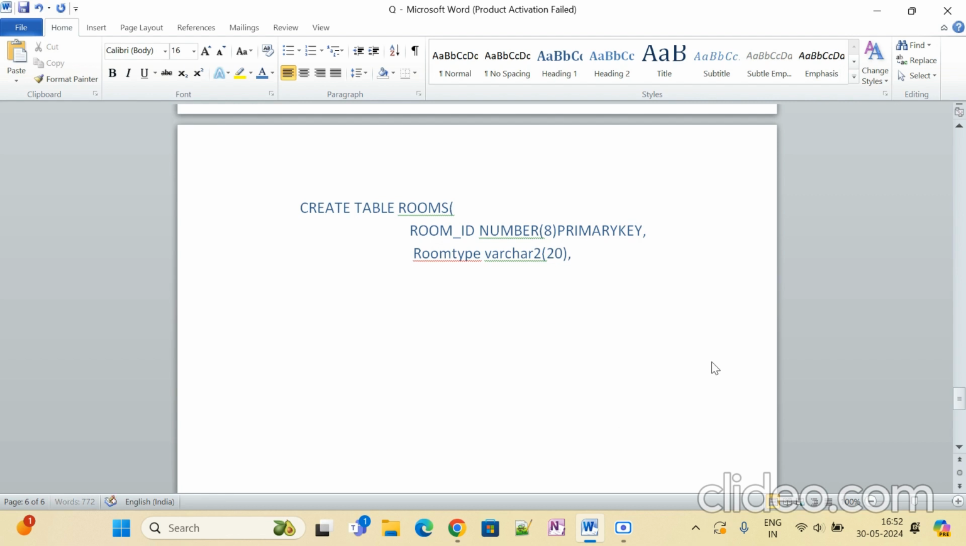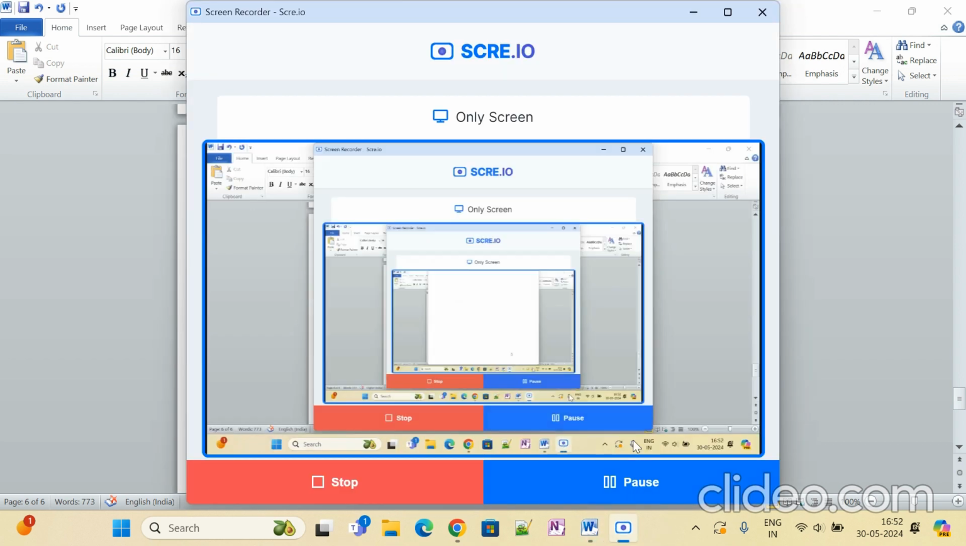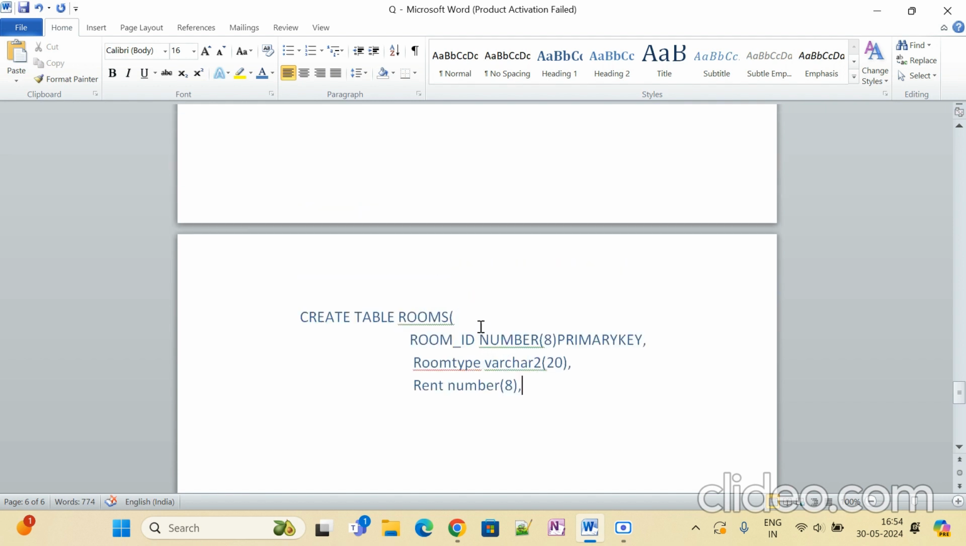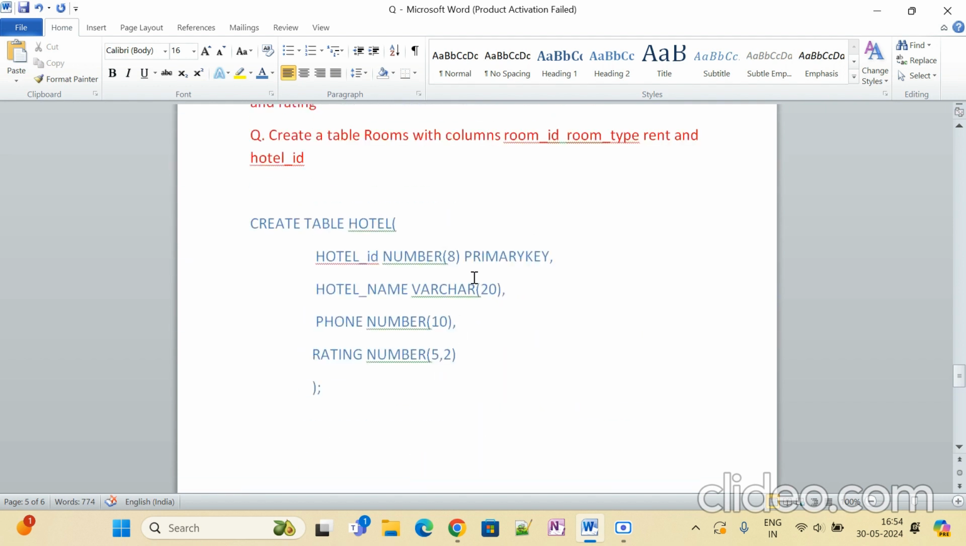So I'll take another column, which is rent. I'm taking this as a number, 8 comma. Here we have to remember the hotel ID number is 3. If I take 3, then it would show the error, because in the hotel ID number, I have